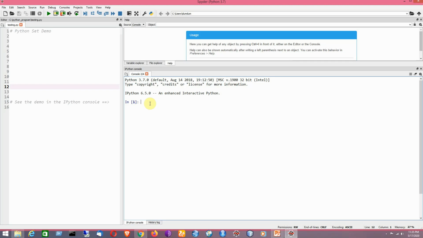So first I will be trying to create a set by using a pair of curly braces. Say I am writing here 5 elements. So I have got 5 elements.